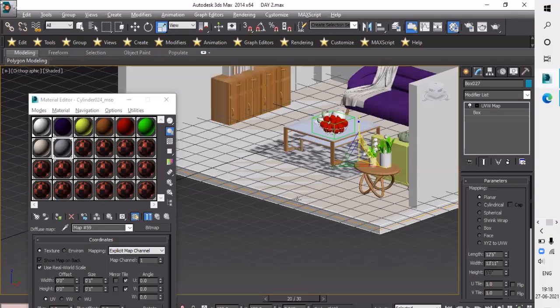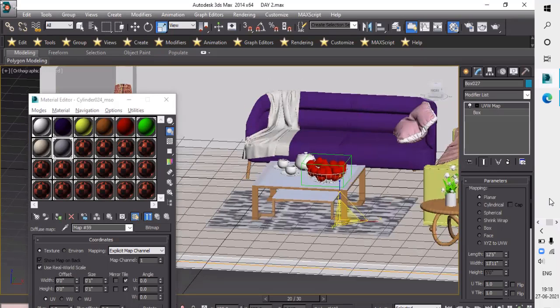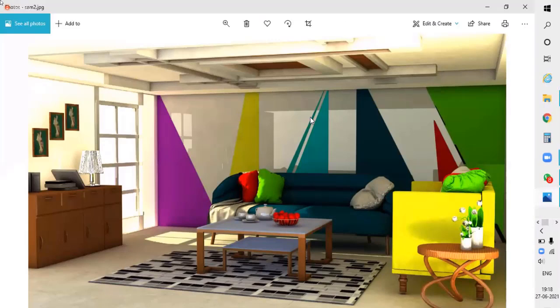So what we can do here now, the next process is, please see the picture and guess what is the next process for us. We will make the sofa and this unit also, and place the plants here.